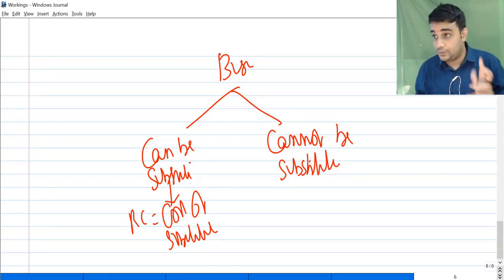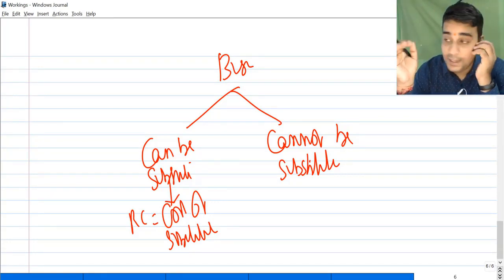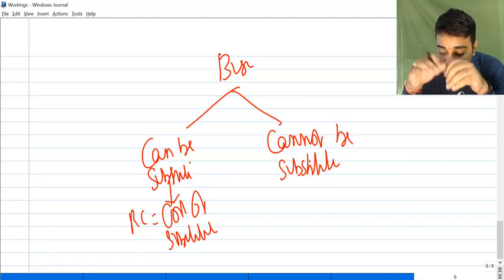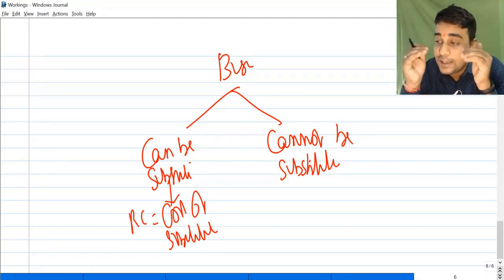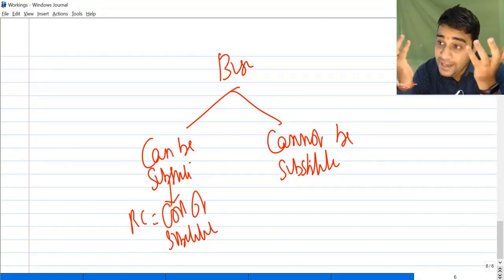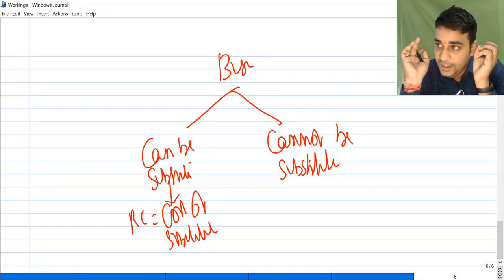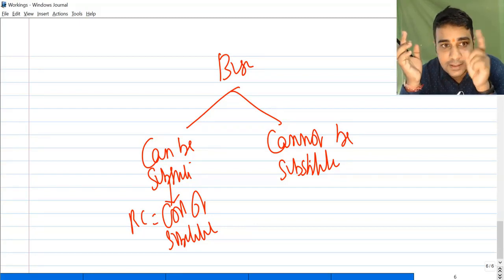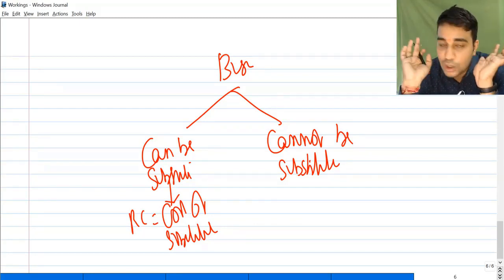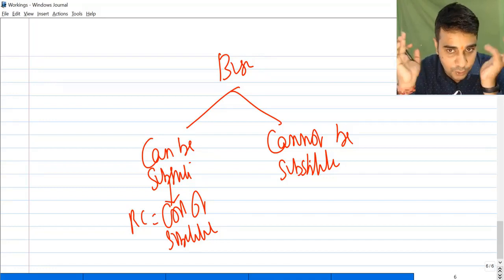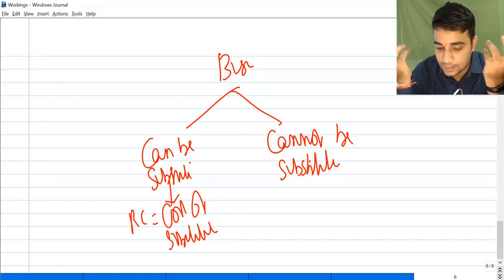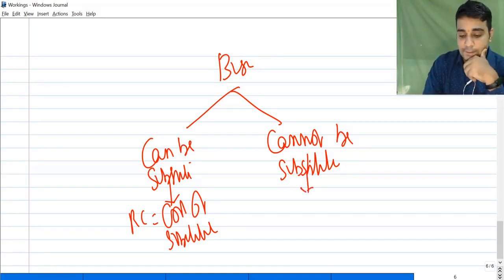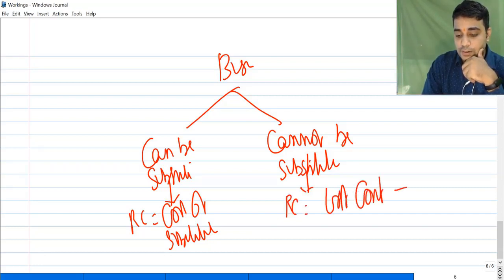Cannot be substituted. Now this is a situation where I tell 1, 2, 3 to work on this, and unfortunately if I tell them to work on this, nobody else can take their position. What I have to do, I'll have to call that other company and say we are not doing audit for you. That's the only option. I don't have a choice here. So in this case, relevant cost is lost contribution plus wages payable.